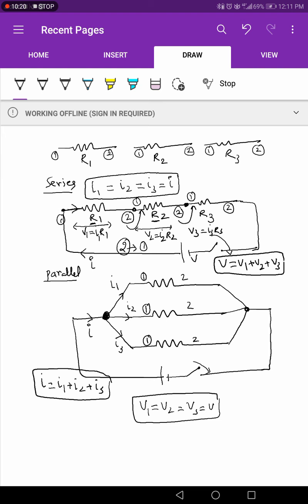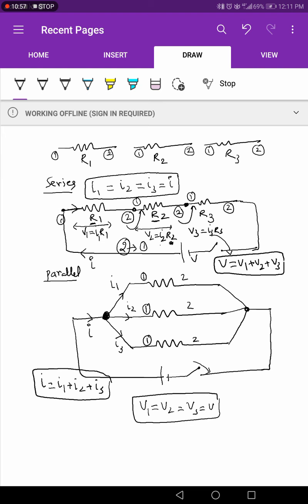So these are the basic points. Draw the figure as it is. You can mention the two points here carefully. In series there is no deviation of the current. That means the current across resistor 1, resistor 2, resistor 3 will be the same, I1, I2, I3 are equal, and the potential will be divided because the resistance is different. Even though the current is the same, the resistance is different, that's why the potential is also different. Potential drops will be V1, V2, V3, and the total is V1 plus V2 plus V3.